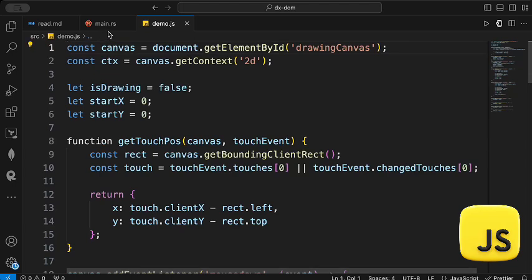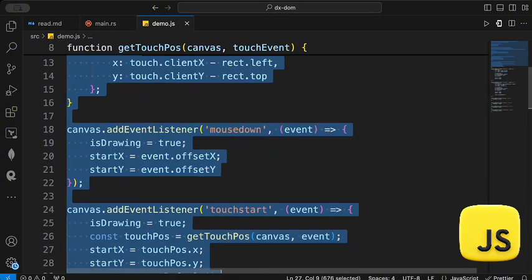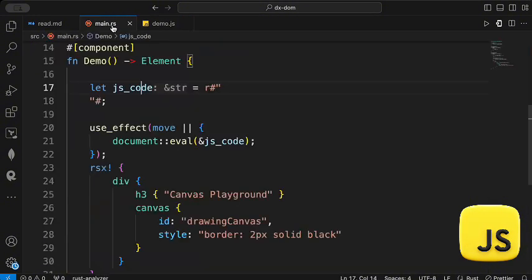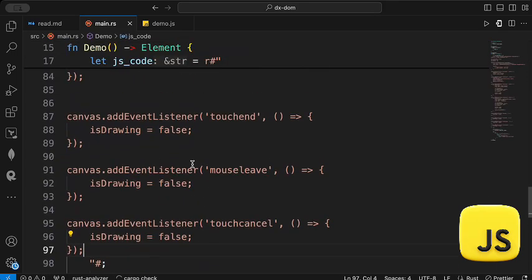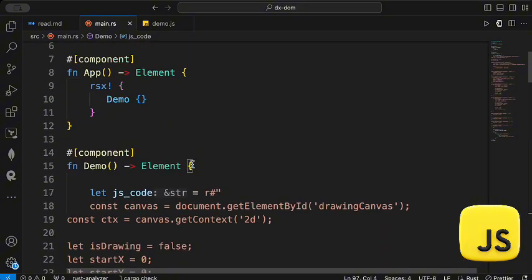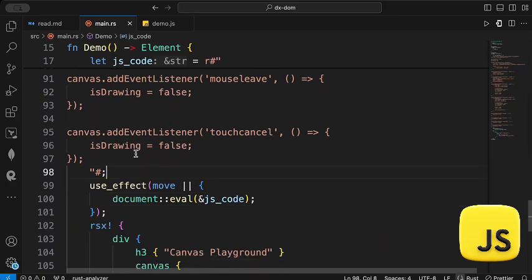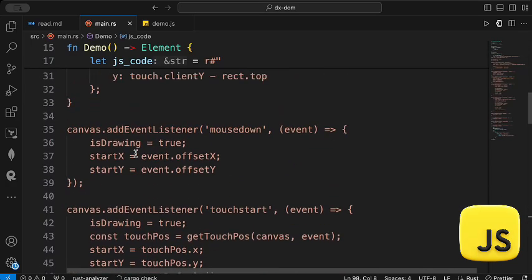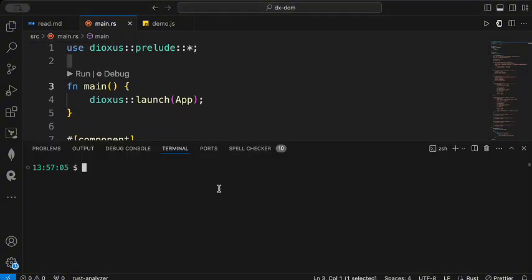And now either you can just read your file as a string and pass it along here in your JS code, or you can just copy everything from here and paste it. That's literally all that you need to do, and this would be passed as a script to your document and evaluated. So once you start drawing, it will automatically draw it for you. So first of all, let's get a demo of desktop, and then we'll also look at the mobile app. So let's serve on the desktop,